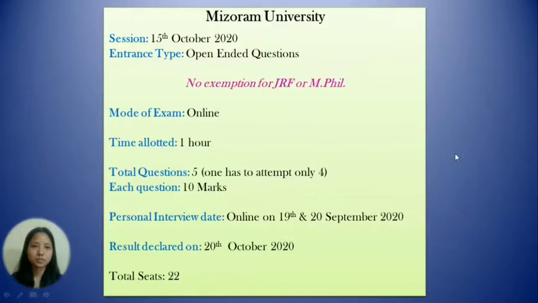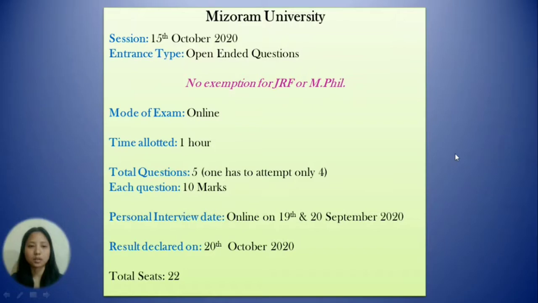So the first one is Mizoram University. The PhD entrance in Mizoram University for the session 2020 to 2021 was carried out on 15th October, and the entrance type was open-ended questions. So there was no exemption for any JRF or MPhil candidate. Everyone was supposed to appear in the entrance examination, and the mode of examination was online,